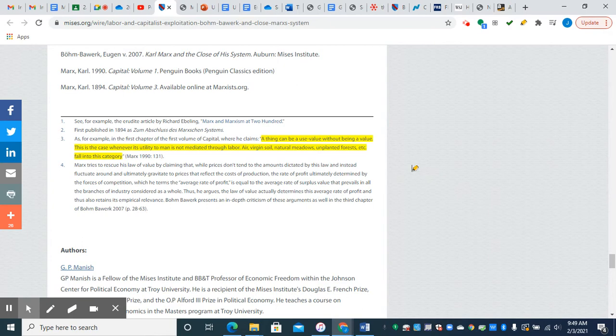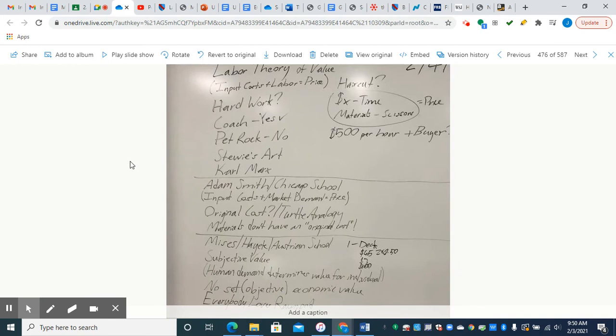There are lots of things that have value that don't involve human labor. And so human labor cannot be the commonality. Marx even says a thing can be a use value without being a value. Okay, he goes, this is the case whenever its utility to man is not mediated through labor. He says air, virgin soil, natural meadows, unplanted forests, etc., fall into this category. So Marx himself even admitted that there are things that can have value